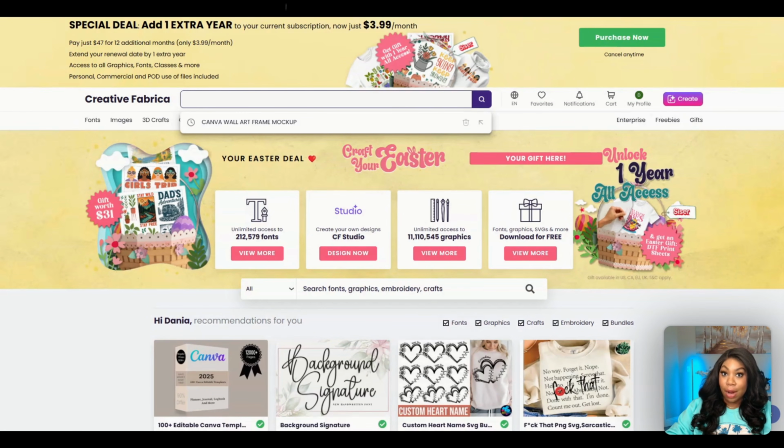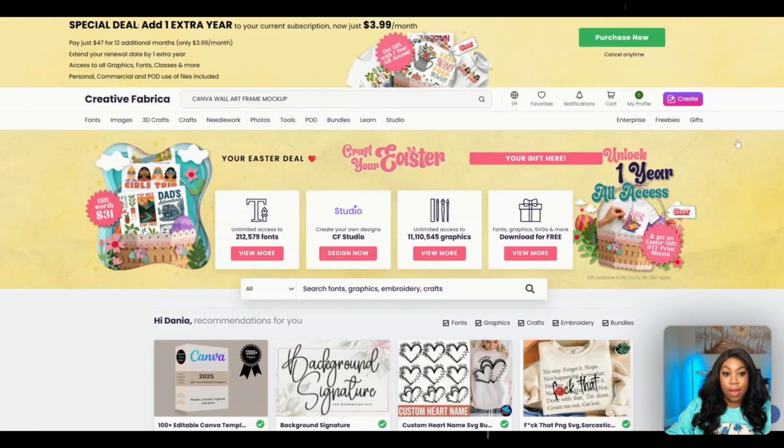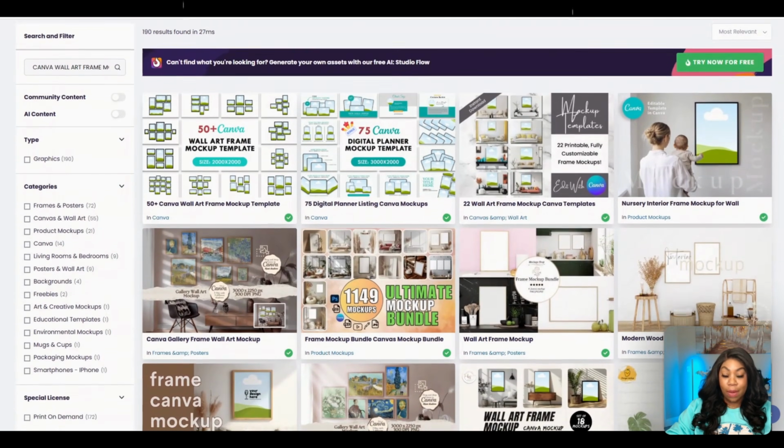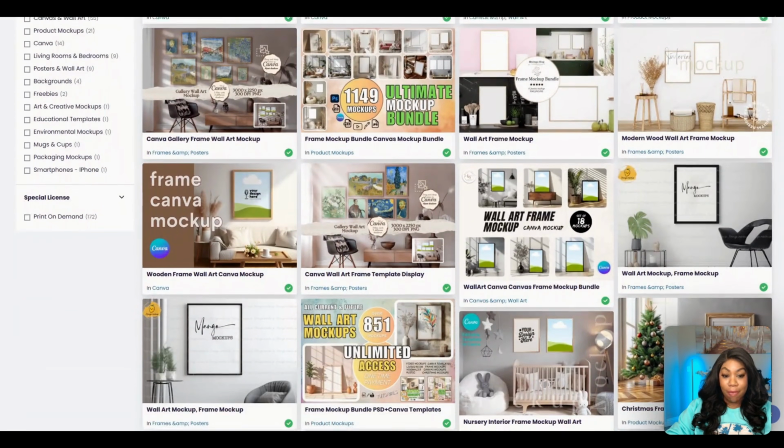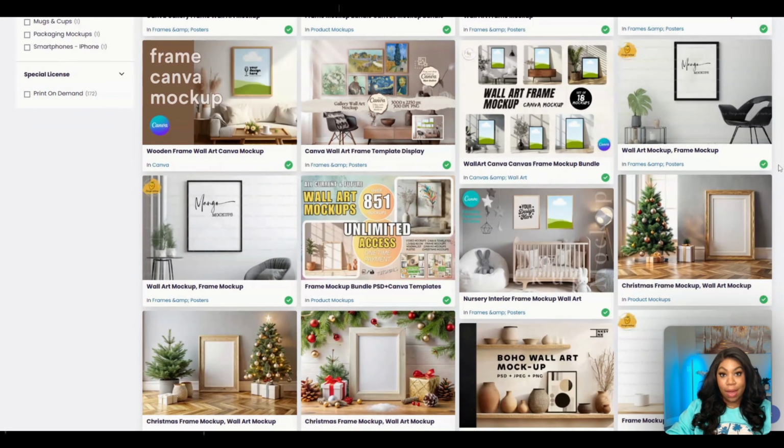Now I get my mockups from either Etsy or Create Fabrica. For today, we will be using Create Fabrica to grab a couple of mockups. I already typed it in, and let's see what we have. We have a ton here, and I have gone back and forth between using Canva and Photoshop mockups. You do not need to worry about Photoshop mockups. I used Canva